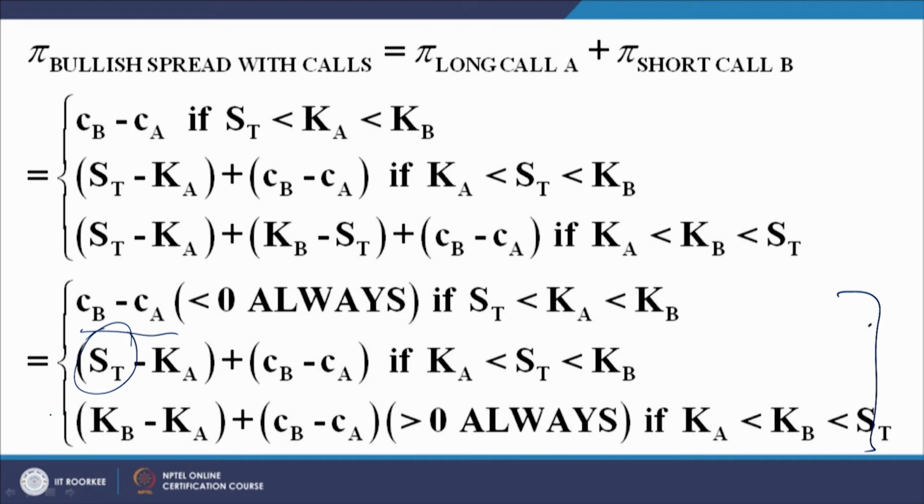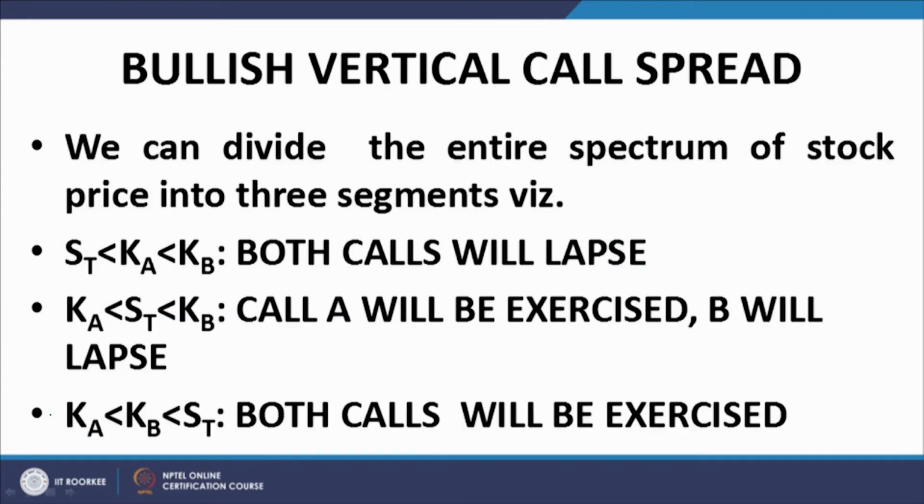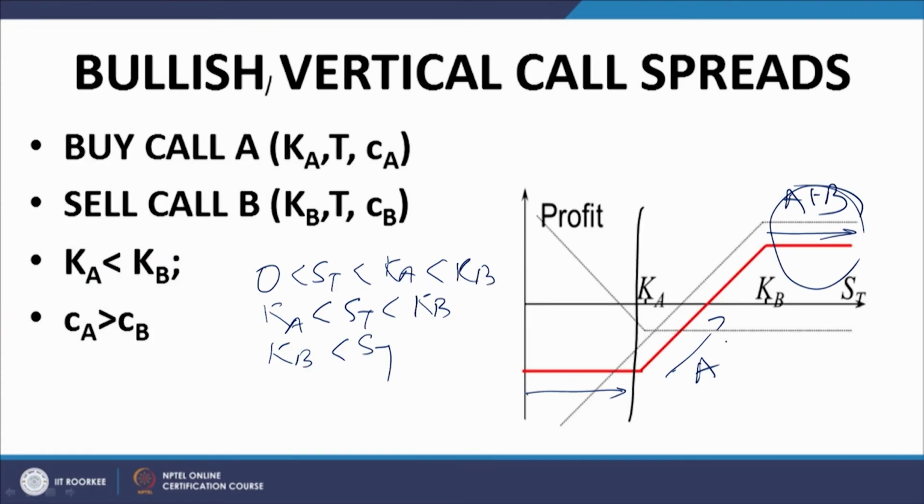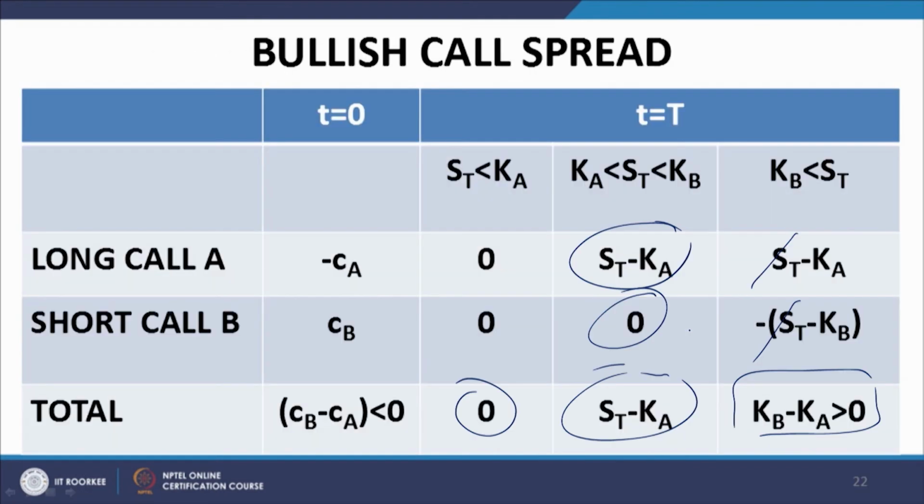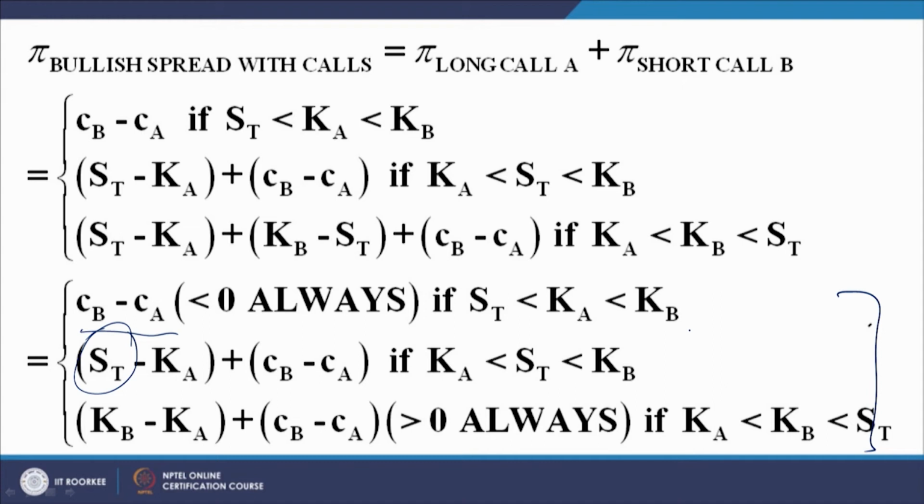So, with 1 unit, the slope of this line that we have here is 45 degrees, because the coefficient of S t is 1, and then the final part, when S t is greater than both K A and K B, both the options are exercised, and because we are long in one and short in the other, the S t cancels out, and we have a payoff which is independent of the